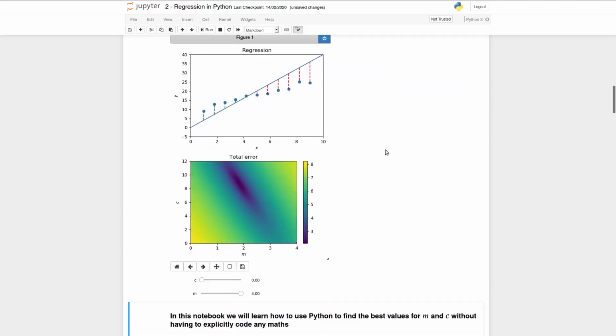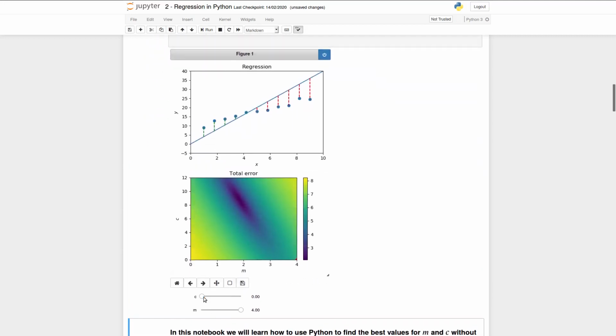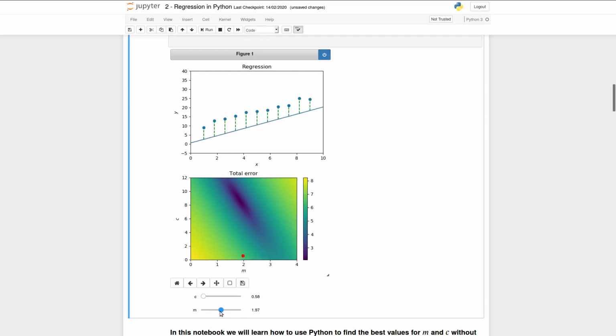What have we got? Right, so this is what we're doing. We can vary m or c. I'm just varying c there. We can vary m there. And you can see on the bottom plot, the darkness represents our